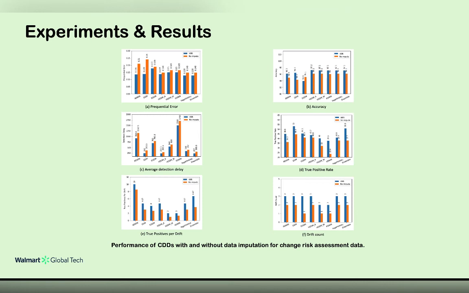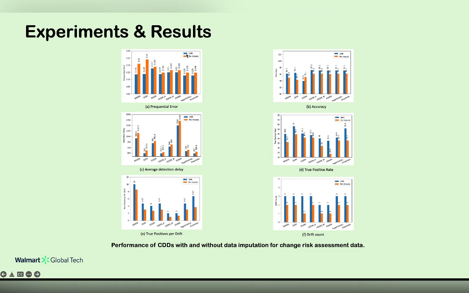We are just presenting the result with one dataset for ease of understanding. You can see that along all metrics, that means frequential error, accuracy, average detection delay, true positive rate, true positive per drift, or drift count, for all drift detection algorithms, when you are not performing any imputation, that result is